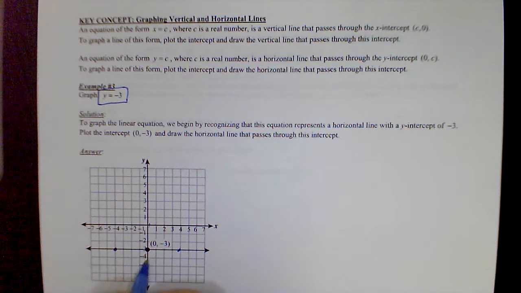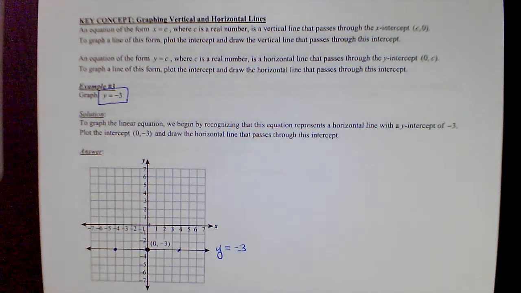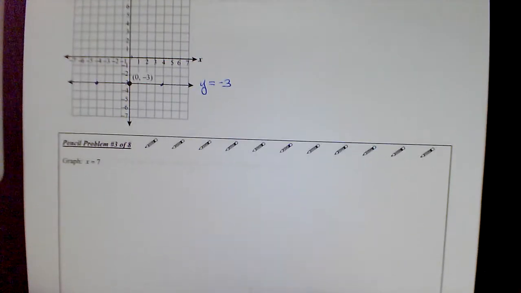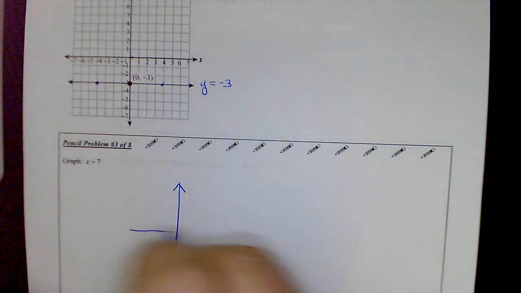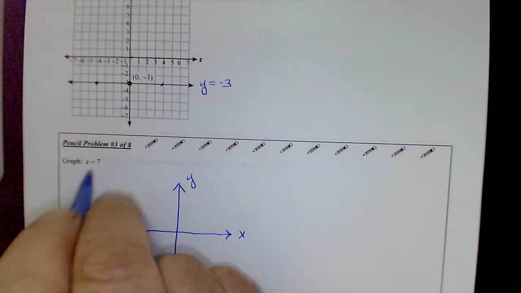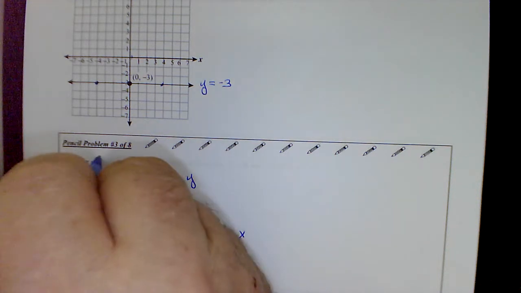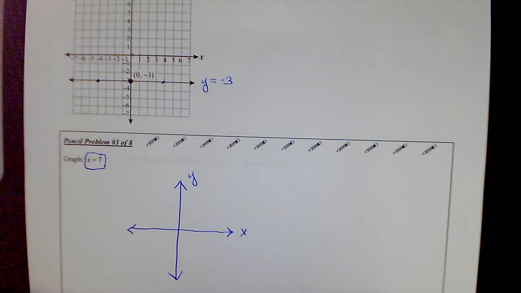Because if you move up or down, that changes the y value. So if y is always -3, it's a horizontal line. And similarly, just intuitively thinking about this, to graph x equals 7, right away we know it's a special line, so it's either horizontal or vertical, because not both x and y are in there. If x and y are in there, both of them, then the line's going to have a slant to it, which we'll define momentarily. But if we only have a single x or a single y in the equation, it's